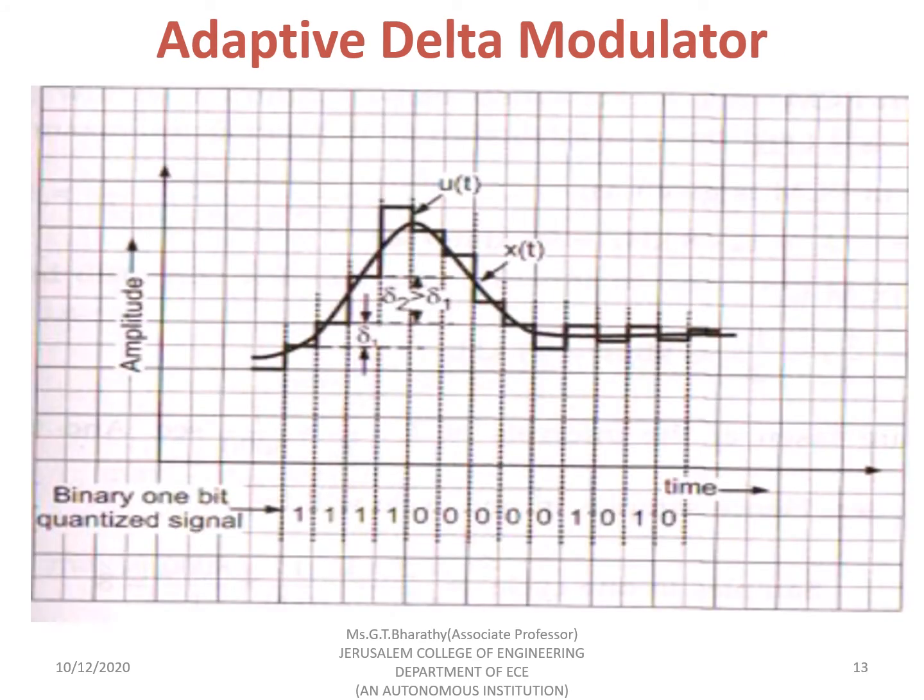So this is the diagrammatic representation. You can see the continuous signal is there, and this is the staircase approximated signal. Here you can see there is a rapid change in the amplitude, right? Here the step size is delta 1, here the step size is delta 2, which is greater than delta 1. Can you see here? The step size here is very small, the step size here is very large, and here it is very large. And as you come here, the step size is decreasing.